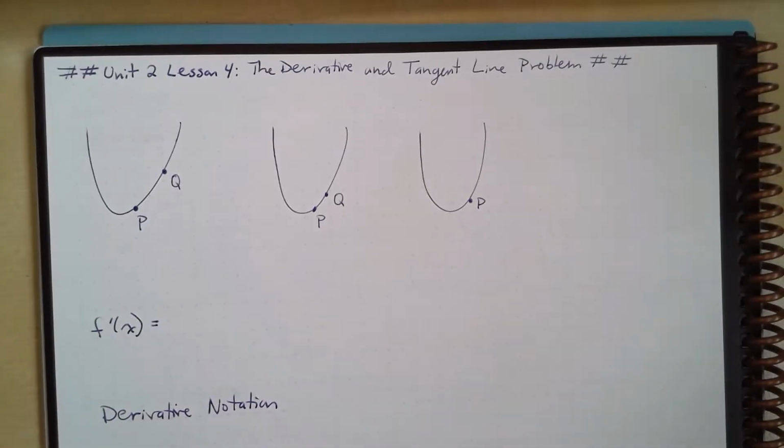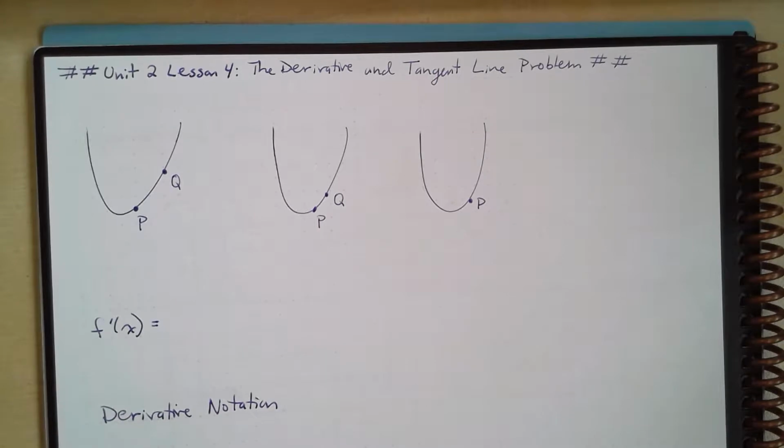Focus and talk about derivatives and the tangent line problem. So up until now, we have talked about limits quite a bit, and we've talked about derivatives a little bit, and now we're going to see how these actually relate to one another and why we've been tackling this. Well, if we have a function, the way that we find the derivative is by finding the rate of